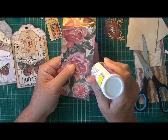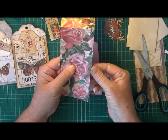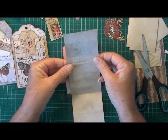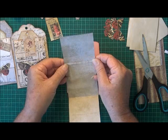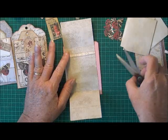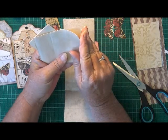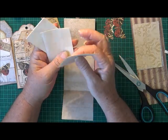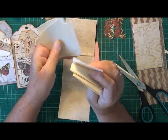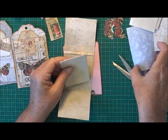So we've got a smidgen of glue there and a smidgen of glue there. And fold them down. So that's to hold my little notebook. And the notebook, I'll get some pages. 1, 2, 3, 4, 5, 6. I'll put 6 in, like before, and